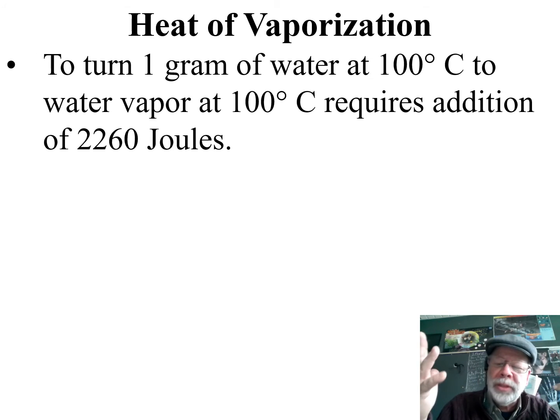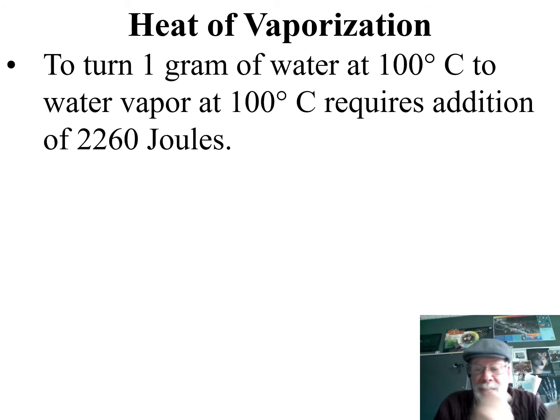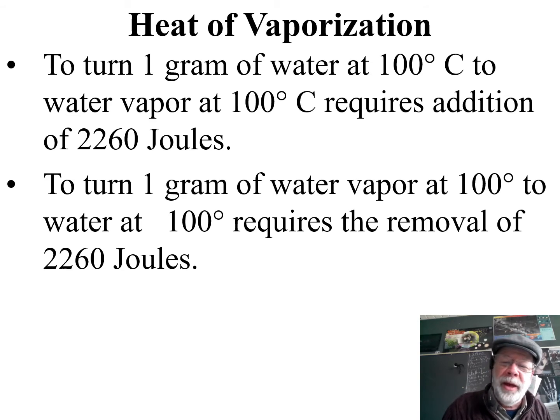2,260 joules of energy. This is why if you're wet, you come out of a swimming pool in a place that is very, very dry, you're going to be amazingly cold, because just evaporating 1 gram of liquid water from you, turning it into water vapor, is going to require an enormous amount of energy. How much? Well, 2,260 joules. If I want to go back the other way, I have to remove 2,260 joules of energy.